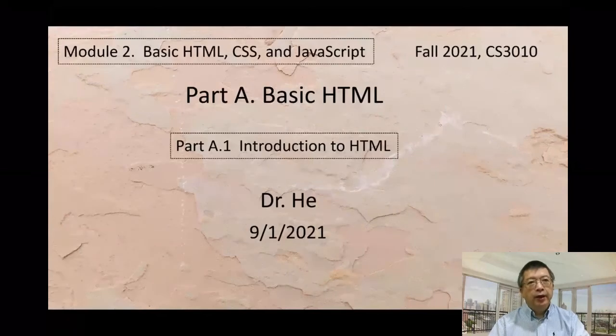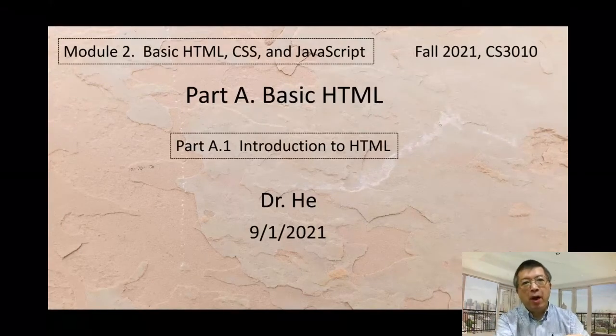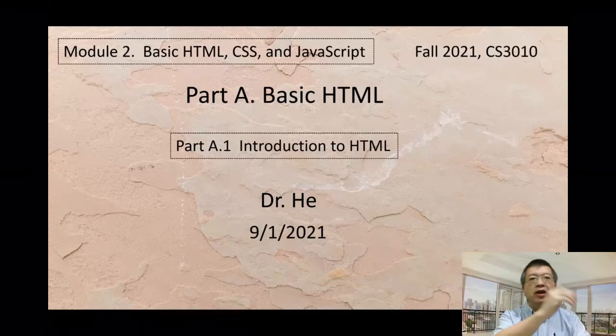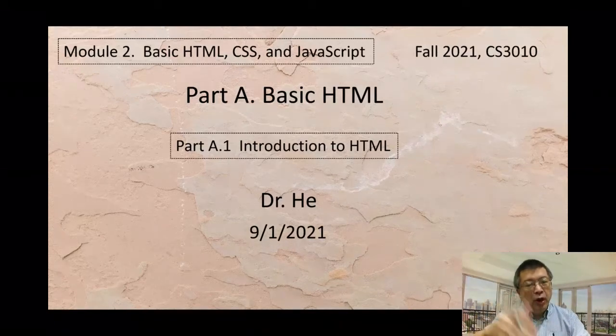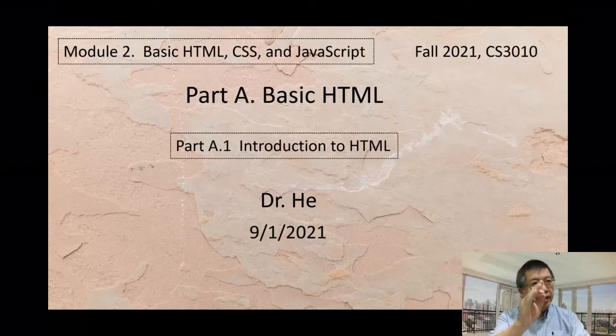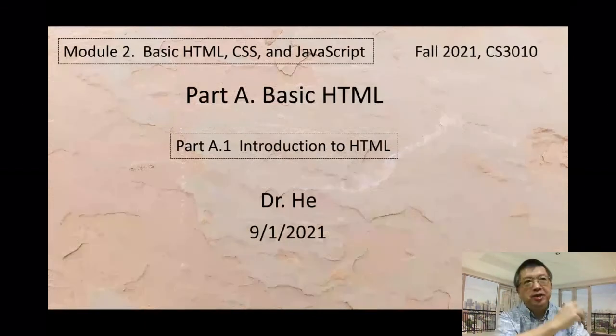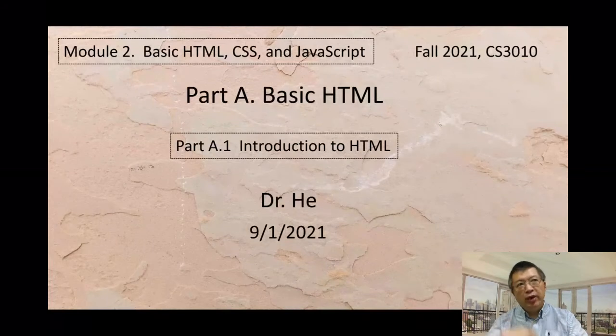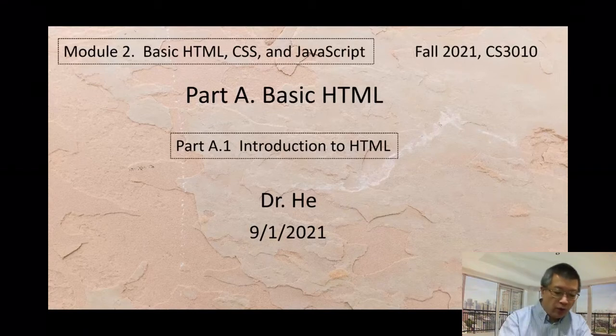From today, we start Module 2, Basic HTML, CSS, and JavaScript. From this module, we will learn how to do web programming. We do 3 technologies, mainly the basic part. Later, we will learn relatively more advanced parts. But in this module, we work on